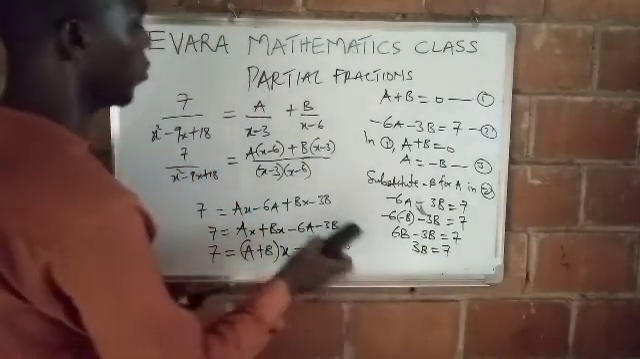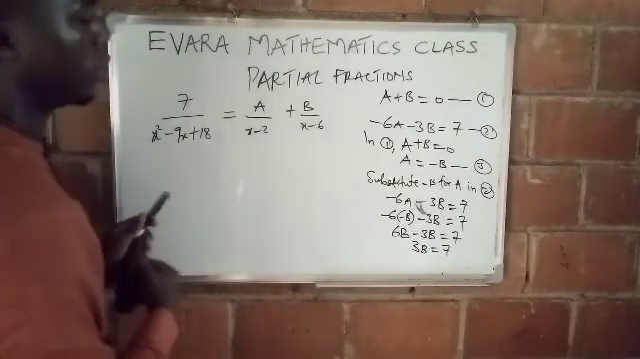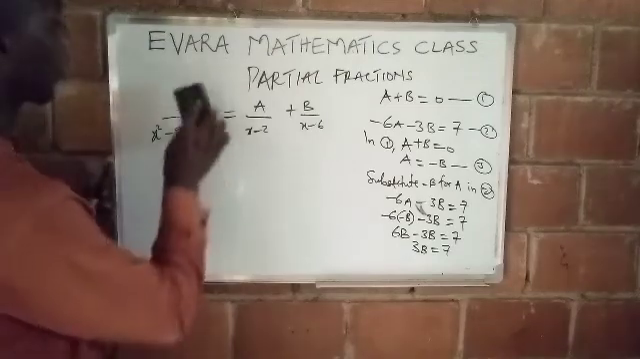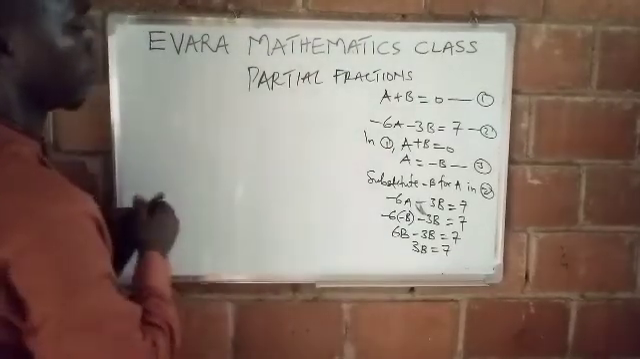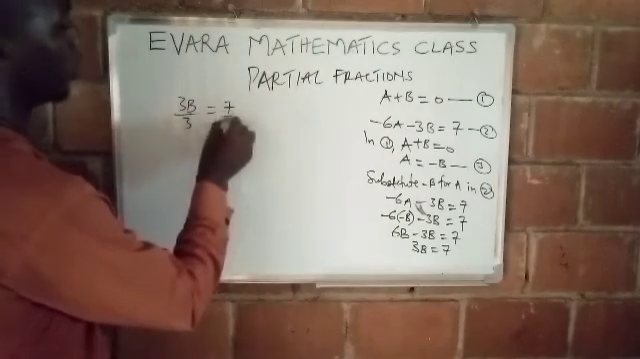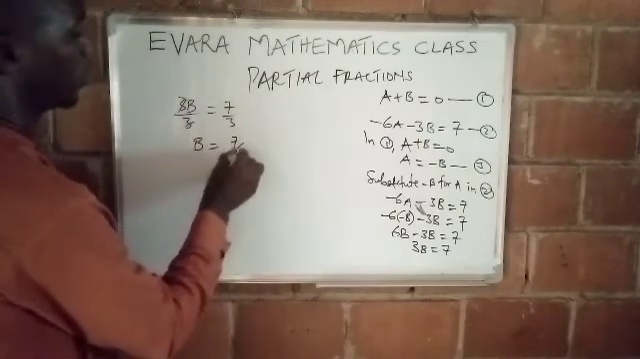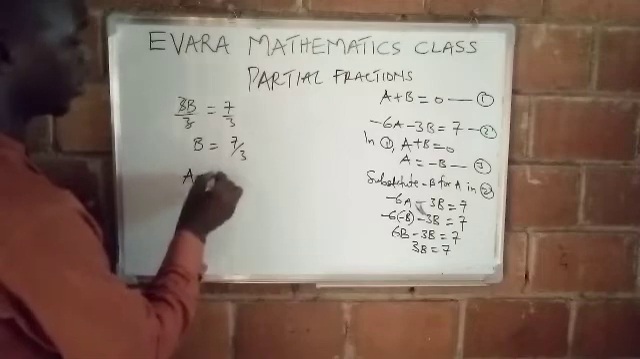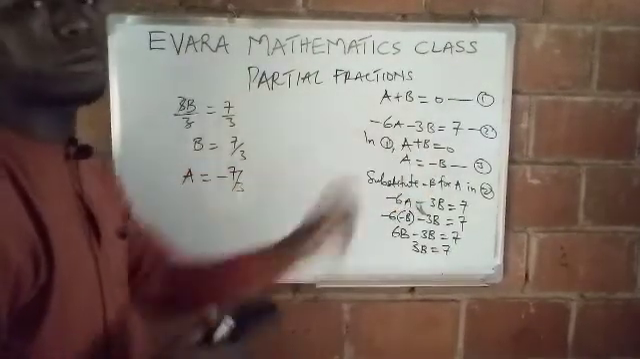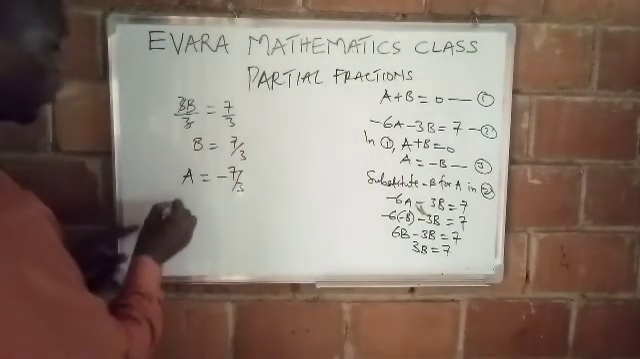So to get the value of B, we simply divide both sides by what? By 3. So 3B over 3 equals 7 over 3. Then B will now be 7 over 3. So if B is 7 over 3, then A will now be minus 7 over 3 because A is the negative form of B. So now that we've gotten the values of A and B, don't forget that we said